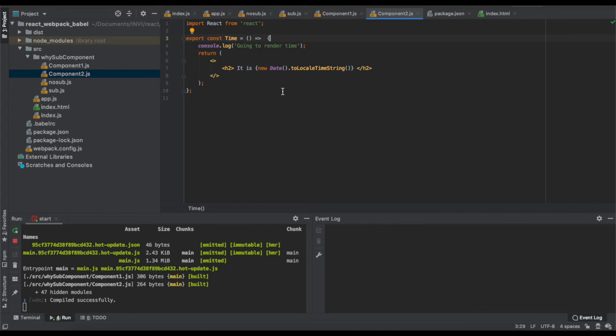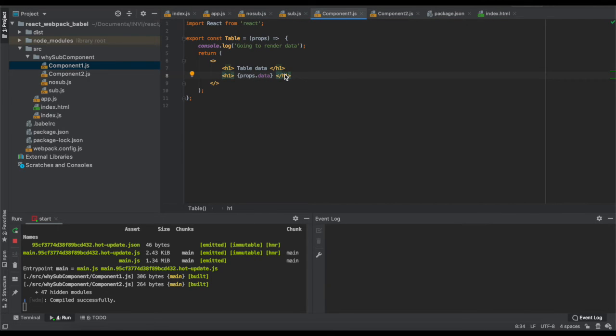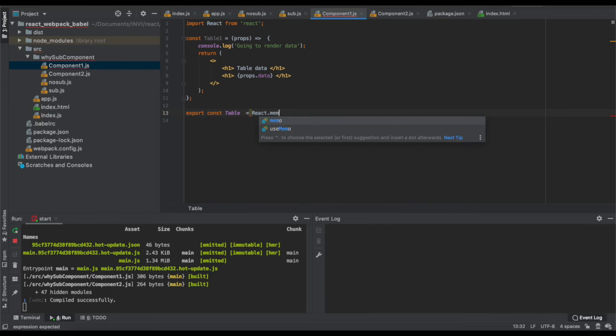For that we have something called React.memo. What React.memo does is it's similar to shouldComponentUpdate. It just compares whether or not the props have changed for a particular functional component, and if they have not changed, it will not re-render the component. So let's change it to something called table1, and we'll still export table. So export const table, and we'll use React.memo